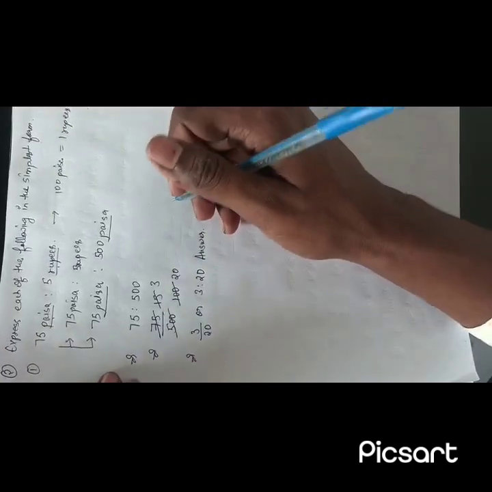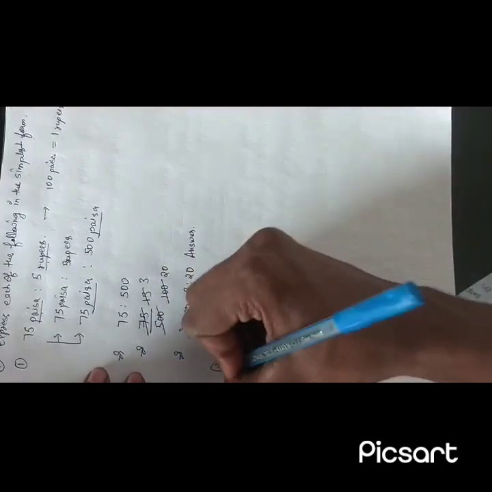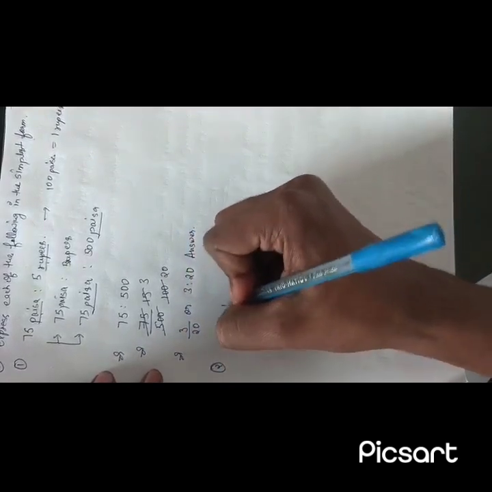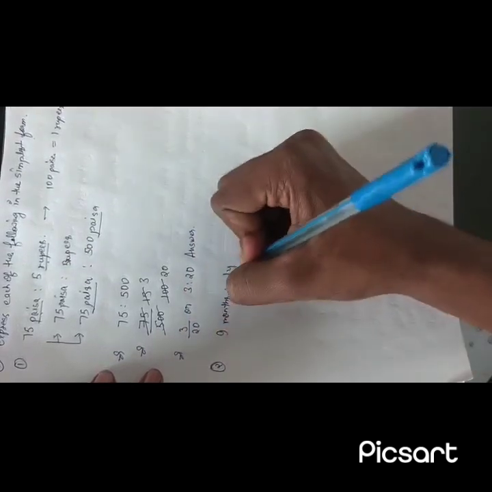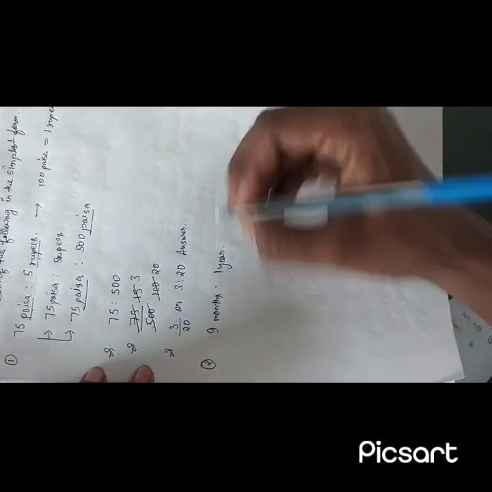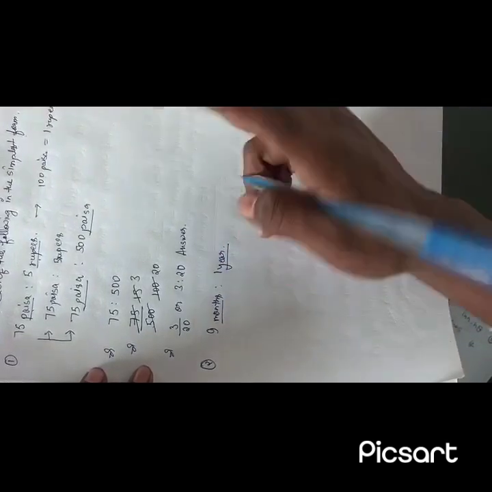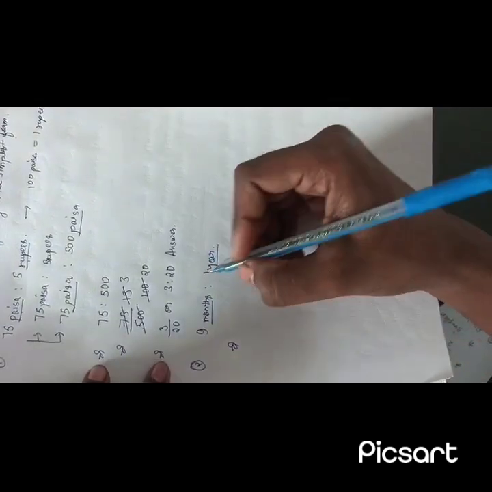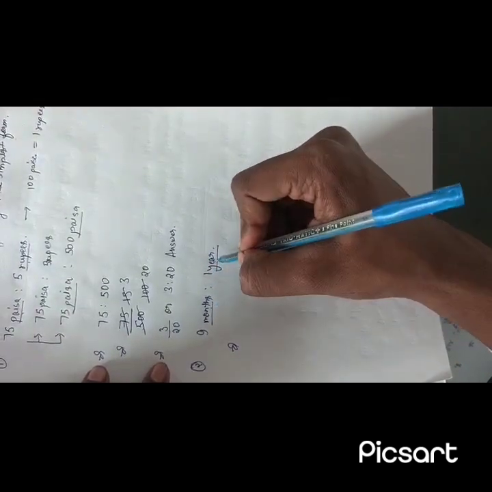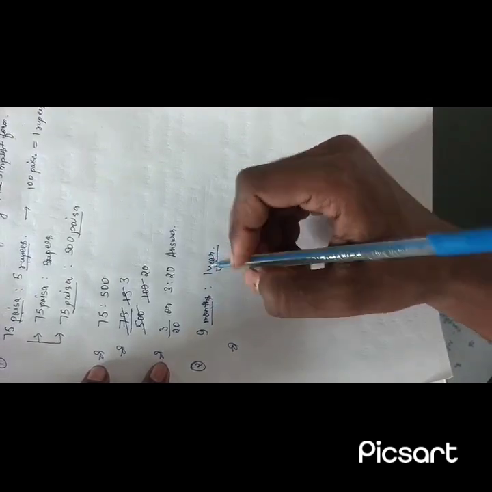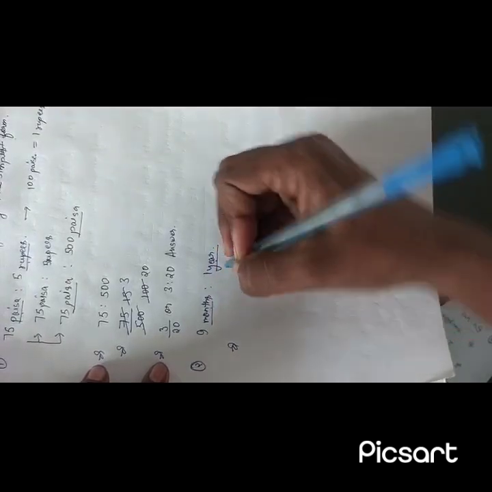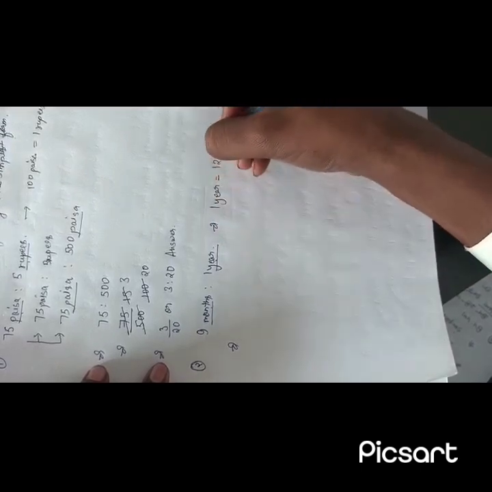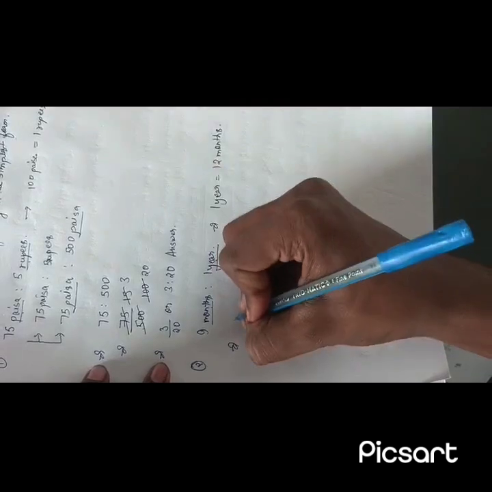Now the second question is 9 months is to 1 year. Again, month and year are different quantities, so comparison cannot be made between them. We either convert months into years, or years into months. If the year is converted into months, we all know 1 year equals 12 months. So here it will be 9 months